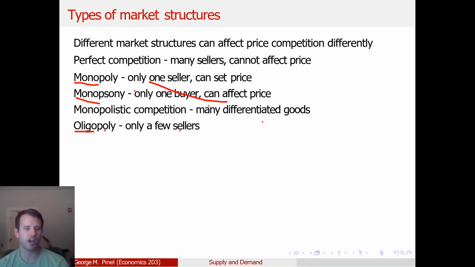Other examples of oligopoly are your recording industry and your movie industry. There's usually a big 4, big 5 behind them. Car manufacturers are considered oligopolistic because there's only a few of them. If you're looking at big pharma, probably oligopolistic,